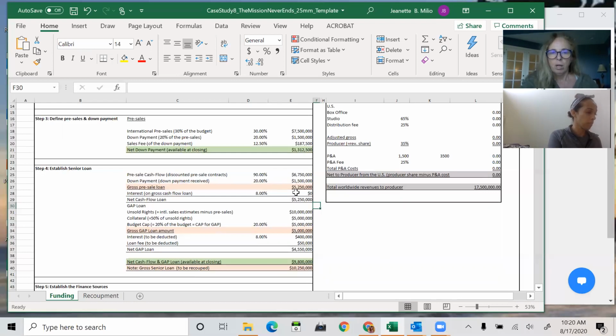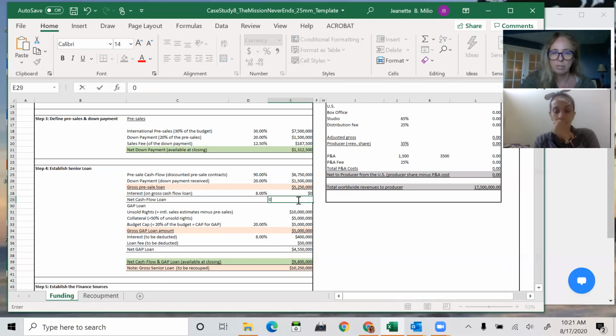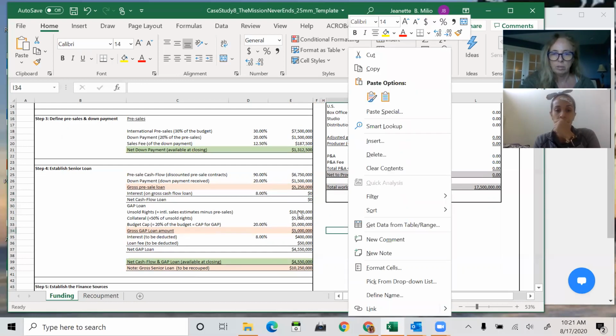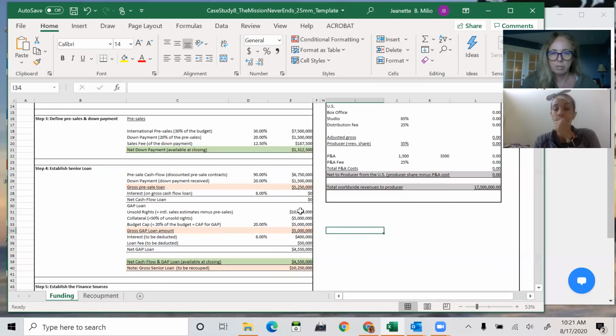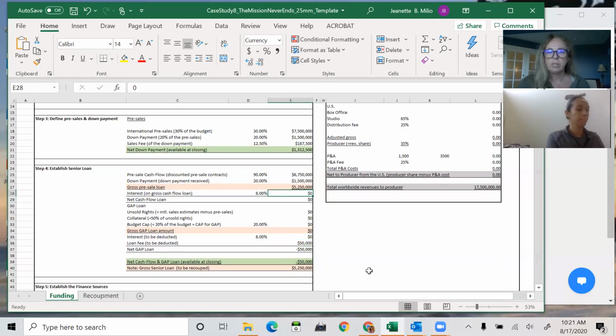So let's figure out the interest rate. So the interest rate that we're paying per the assumption is 8%. And it's 8% of the loan that we're actually getting. And what we're actually getting, I'm going to zero all this out because I don't want you to look ahead. I'm going to zero all this out. I want everything to be zero. In fact, I'm going to start populating my Excel over here, so feel free to do that.